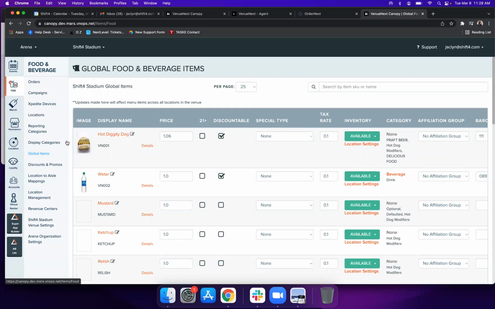The first thing that I want to point out is how to add existing items to new menus. So say that my taco shop is still going to sell the same subcontractor bottle bev that I'm selling everywhere else in the stadium. Obviously, you don't want to have 15 bottle bev items if A, they're not different price points, and B, if they're the same chargeable item that you're selling across concessions and premium. So to add an existing item to an existing revenue center